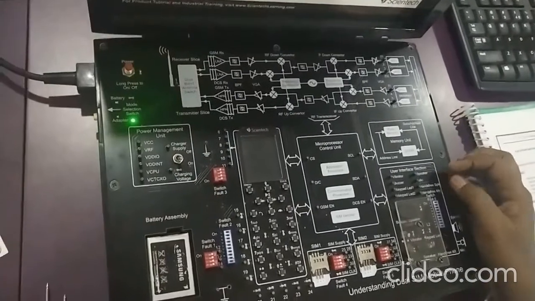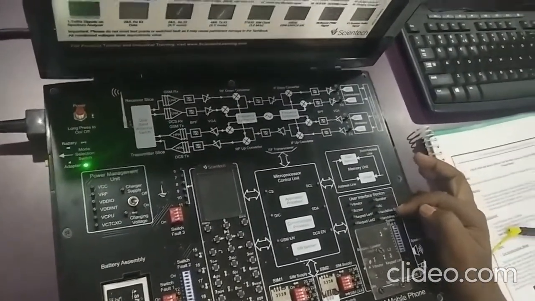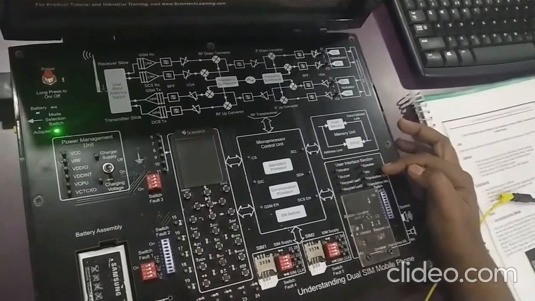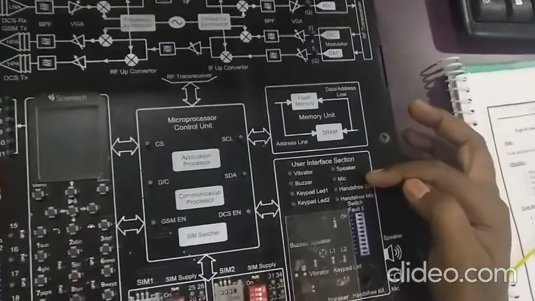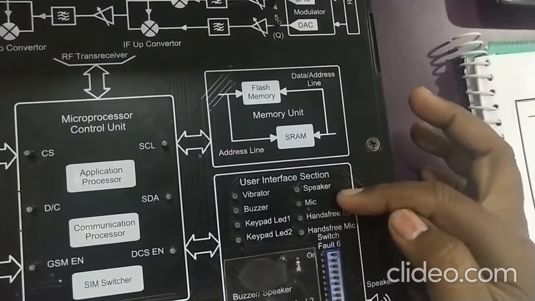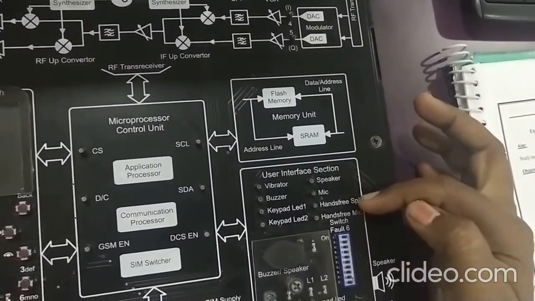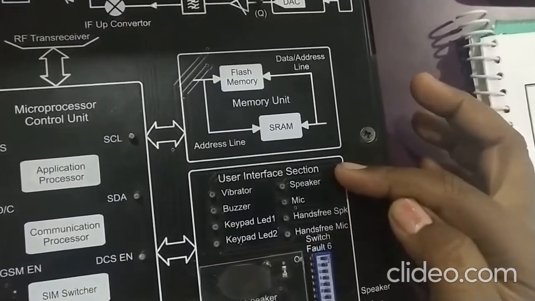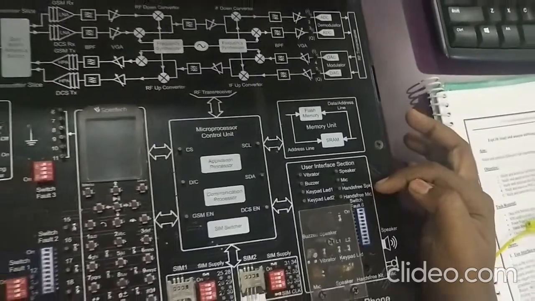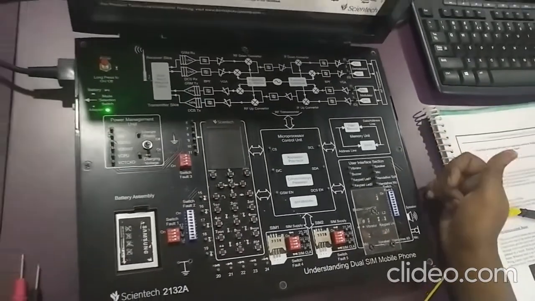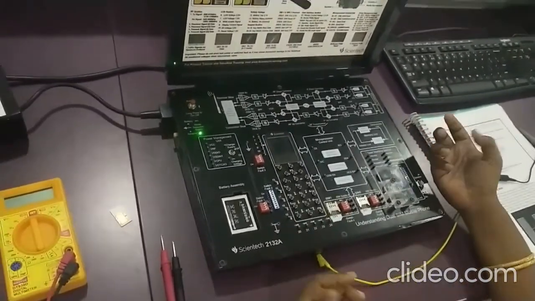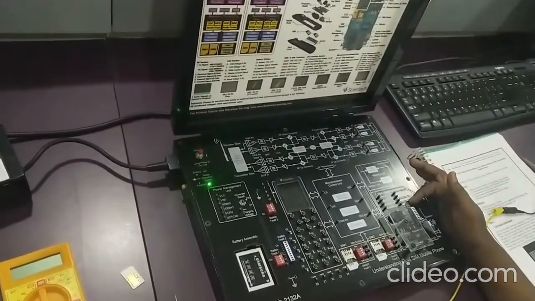And then we see the mic and speaker configuration, which is considered an important user interface, how we transmit our voice over the mobile phone. Here you have 2 sets. One is speaker and mic for normal mode, and another one is hand-free mode. When I say normal mode, the loudspeaker is in off condition. When I say hand-free mode, the loudspeaker is on, so that you can turn on your loudspeaker and use your mobile phone without holding it in hand. That is explained in this unit.